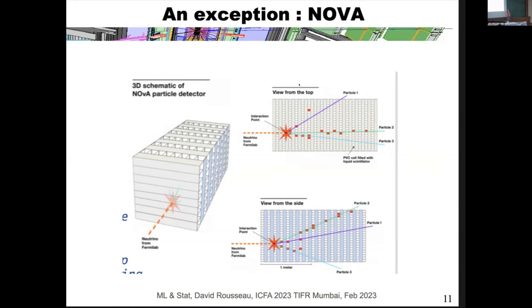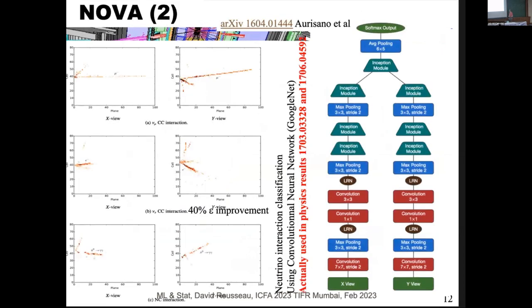Okay. So what they have done is, this is now the two projections, X and Y view, for 3 types of events: muon charged current, electron charged current, and nuclear interaction. So you see the muon, the long path of the muon, very clear. Electron charged current, where the electron is somewhere, and then a nuclear interaction. And these two clearly are relatively similar.